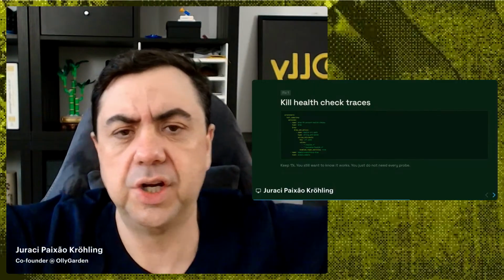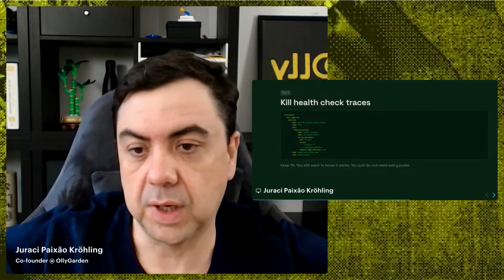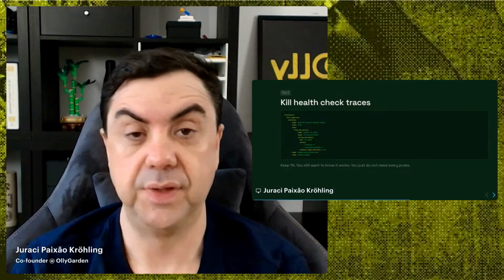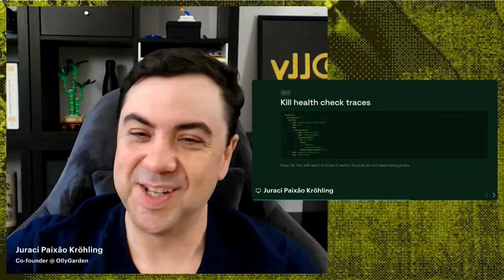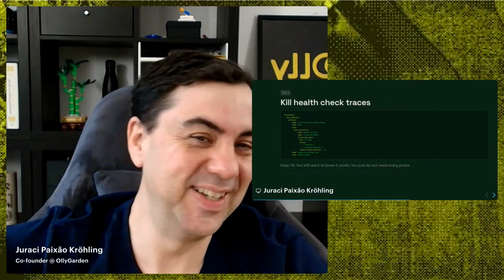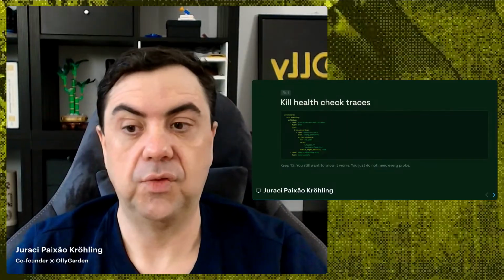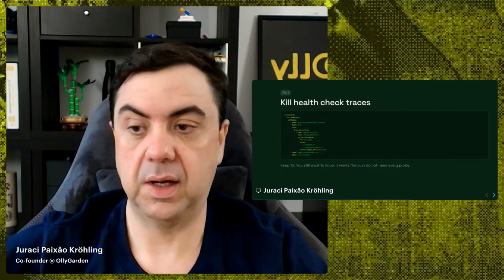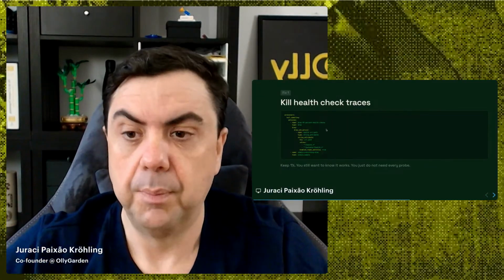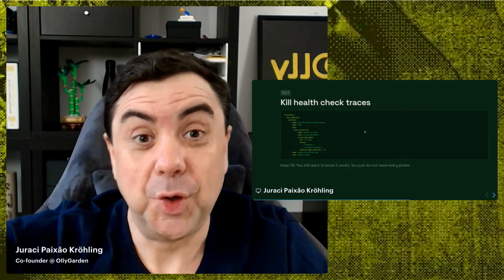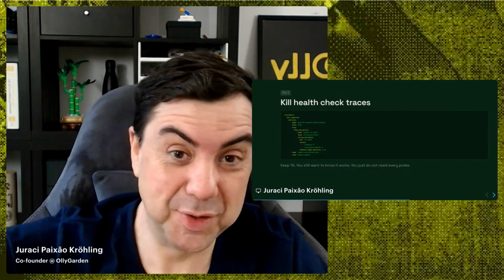I think I shared already in a few blog posts how we can do cleanup of the health check traces. If you cannot copy paste from this screen here, you ping me, and then I can send you the link if you cannot find it in the previous media that I shared. But in short, go to github.com/jpkröhling, my username,